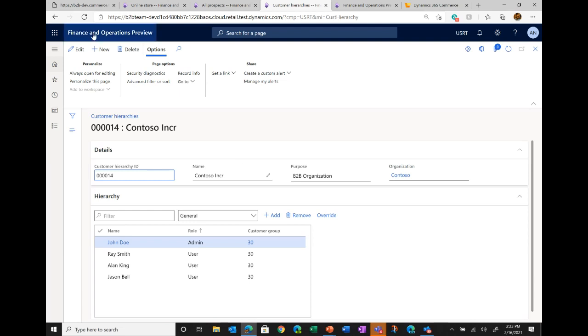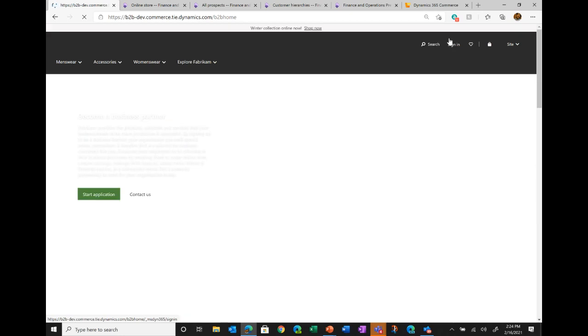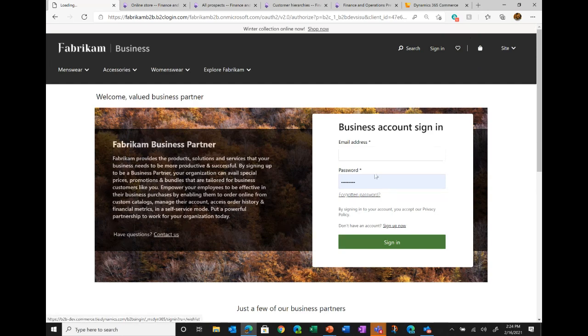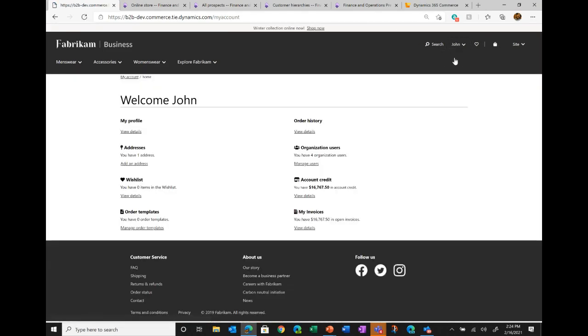So when John Doe gets that email, John Doe can now log into the application, log into the B2B e-commerce website. And when John Doe logs into the e-commerce website, John Doe will have the capability to onboard additional users from his organization Contoso onto the e-commerce website. So once John Doe is logged in, John Doe can go to the My Account view, and you would see some additional options light up in the My Account page, which are more relevant for B2B e-commerce scenarios. The very first one being the organization users option over here.